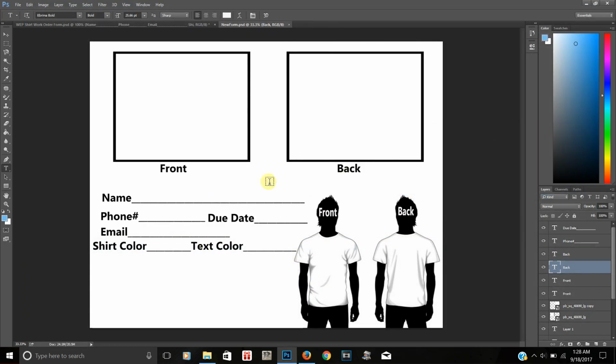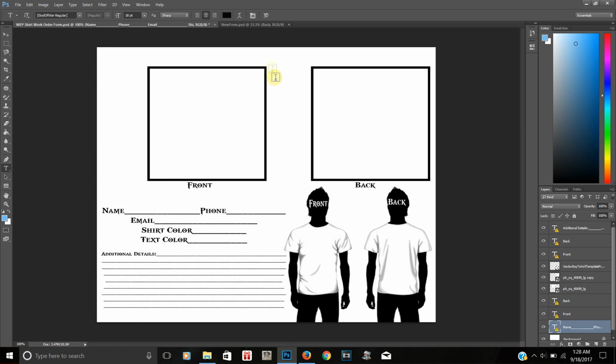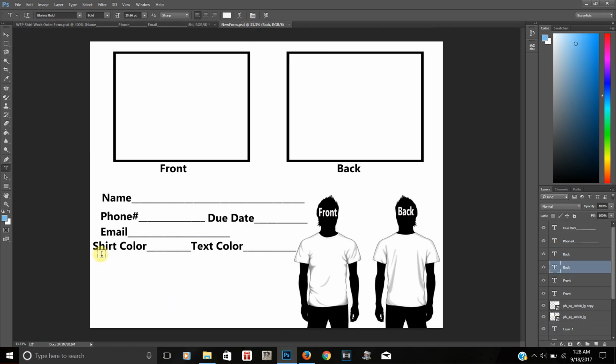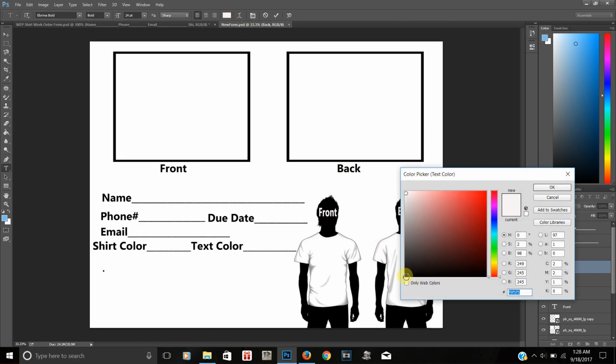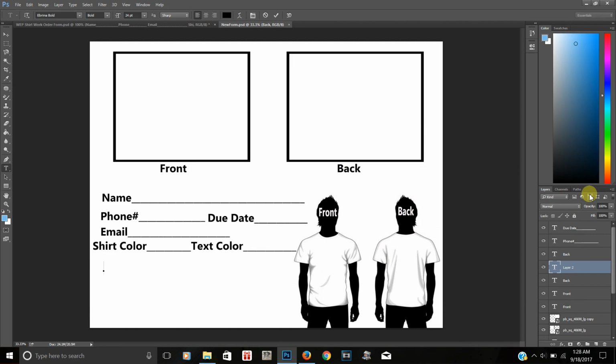Okay, and right here, as you see, I have all of this info up here. There are a few things you can do with this over here. You can leave it like that, additional details. You can put in sizes. Okay, now I have to change the text back to black so that it'll show up. Size slash, my bad, did something else. Size